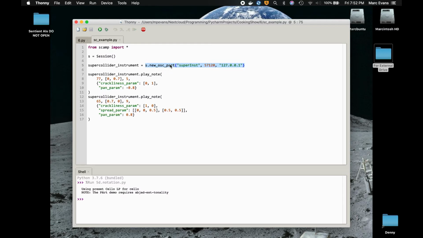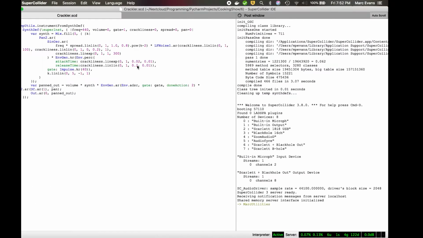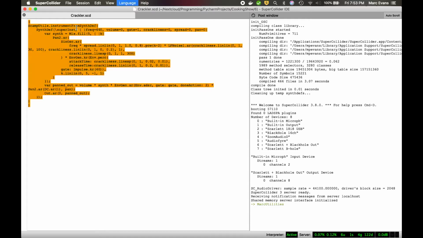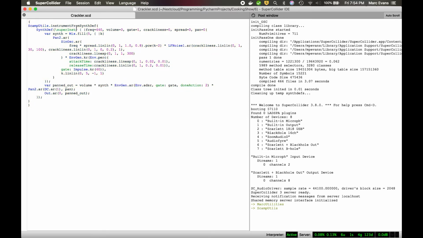Here we create a new OSC part to send messages to SuperCollider. And over here, we have a running copy of SuperCollider with a SynthDef that I've created. The SCAMP utils SuperCollider library allows us to turn this SynthDef into an instrument that we can play from SCAMP. When we run this snippet of code, OSC receivers are set up to listen for note on and off